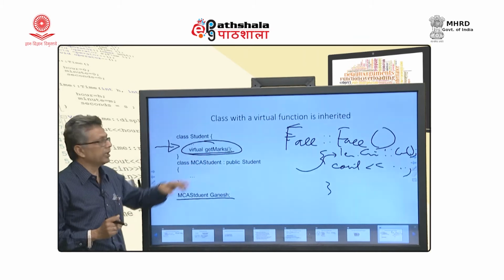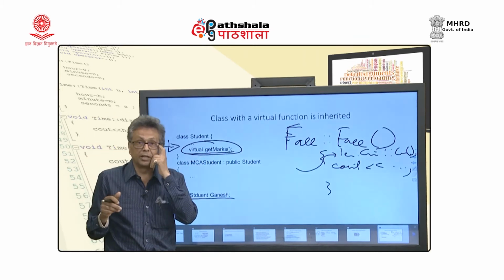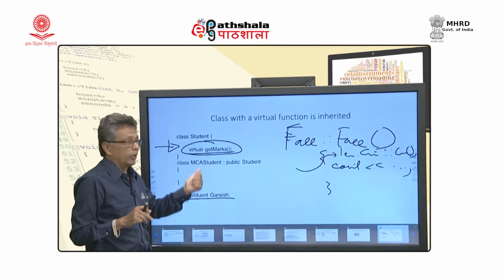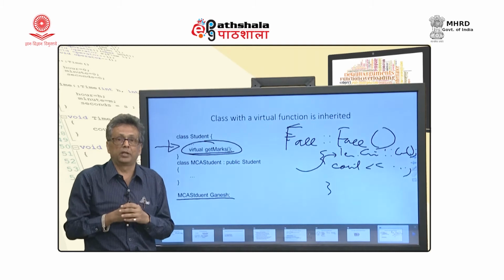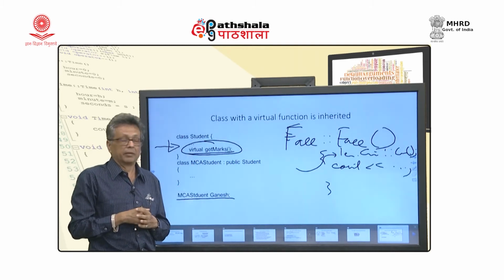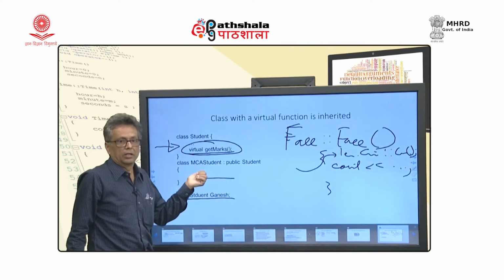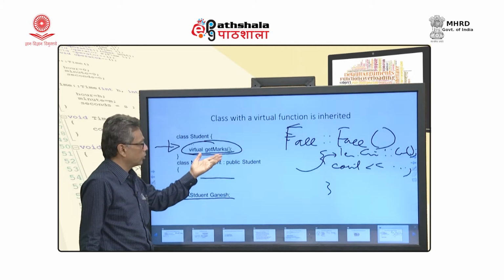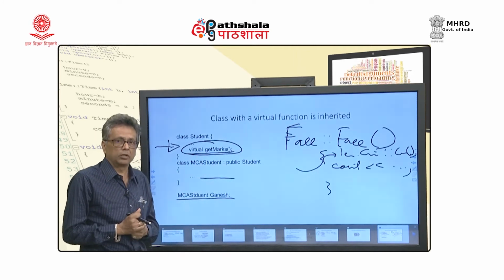Remember, whenever I define a virtual function, I need to have a virtual table constructed, and a virtual pointer will have to be there with every object, and that should point to that virtual table. But then when this is inherited, remember, virtual getMarks, this MCA student should also have a virtual function and will also have a virtual table of its own.